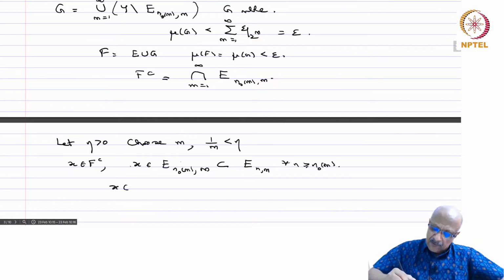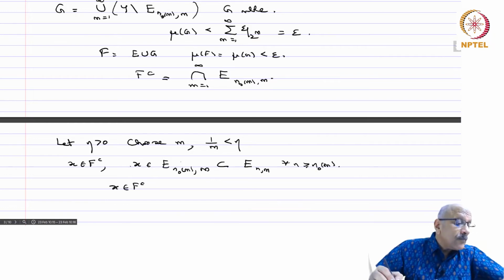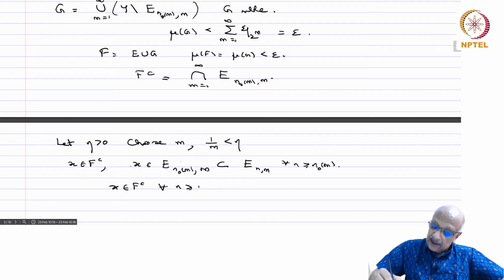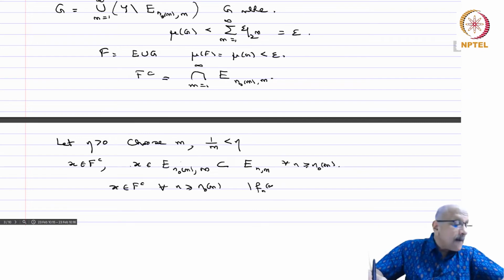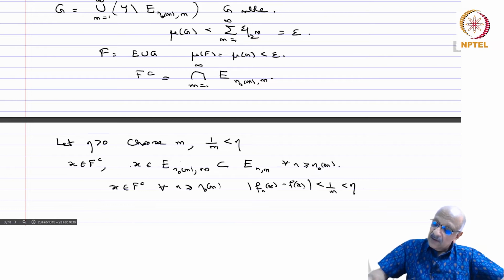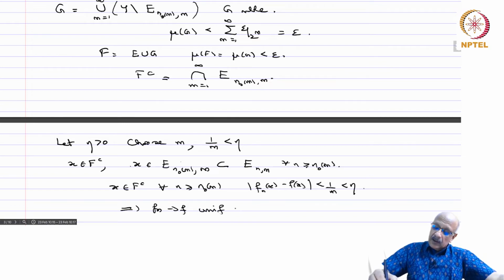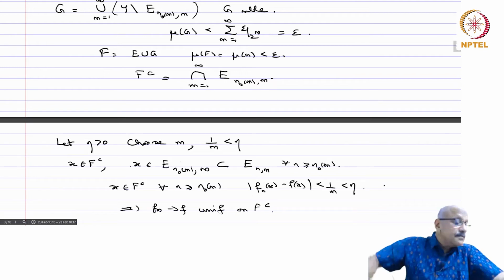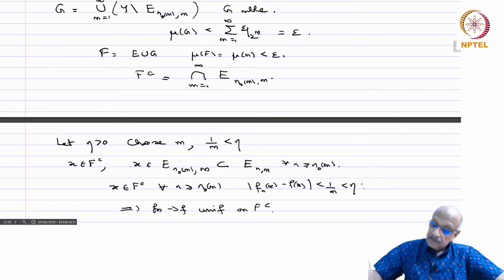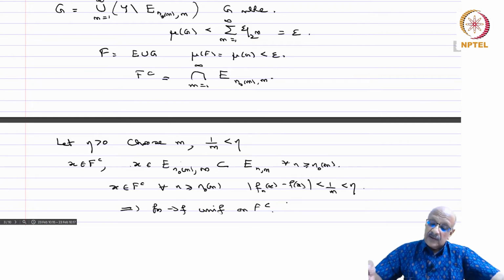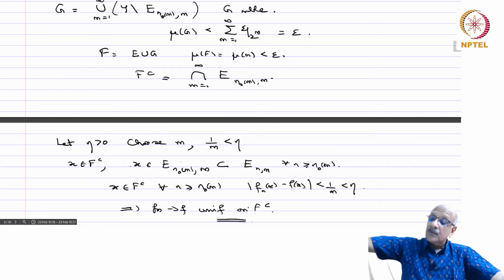So if x belongs to F complement, for all n greater or equal to n_0(m), you have |f_n(x) minus f(x)| is less than 1 by m, which is less than eta. So this is true for all x in F complement, and therefore you have that f_n goes to f uniformly on F complement. And the measure of F is of course less than epsilon, and therefore that completes the proof of